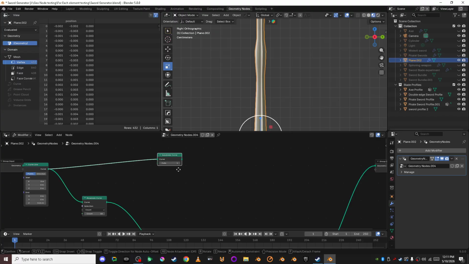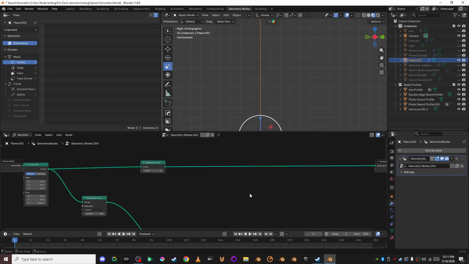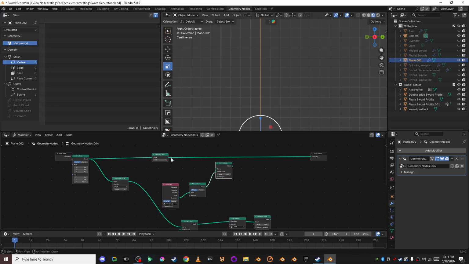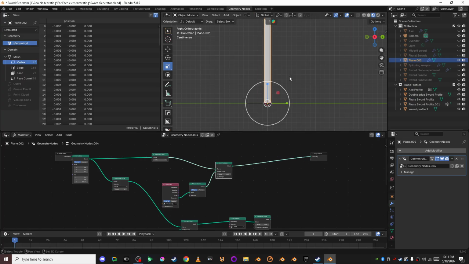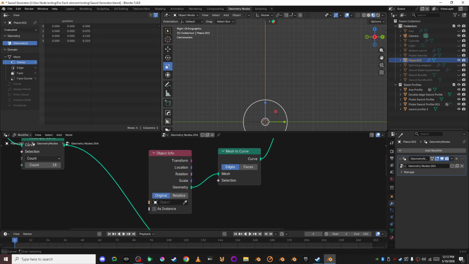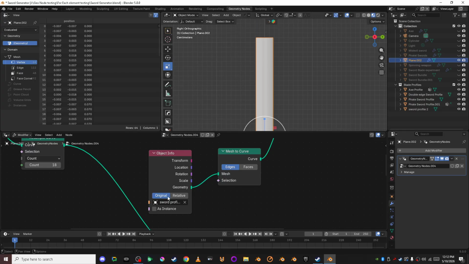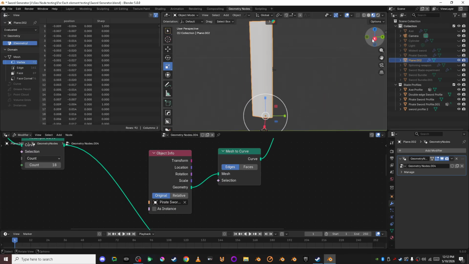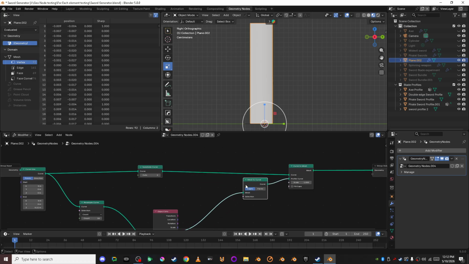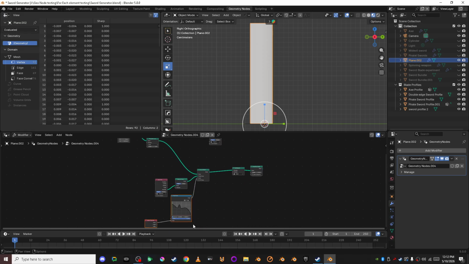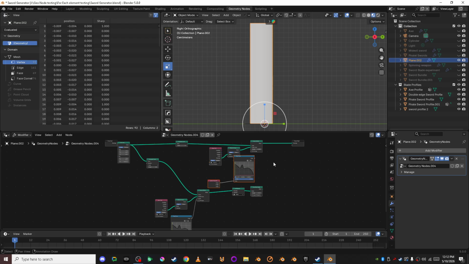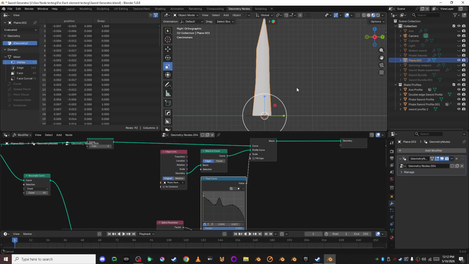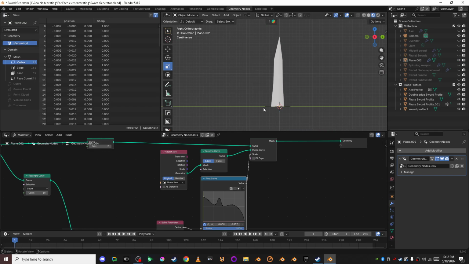subdivide curve. Then we're going to use these, Shift D. And then we're going to use sword profile 2, no, pirate sword. There we go. Shift D. And then